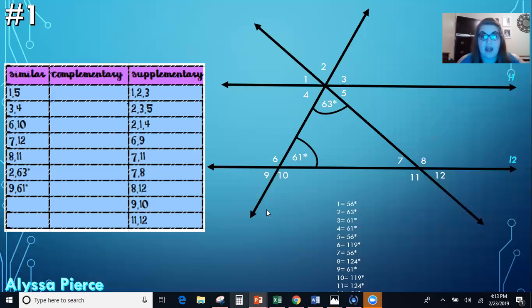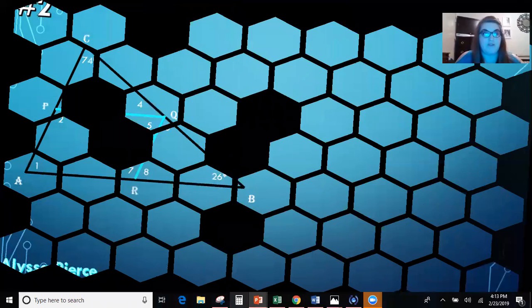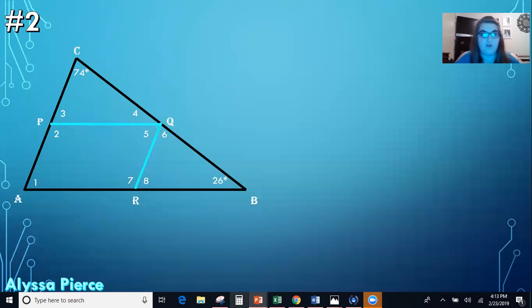6 and 9 add together to get 180. 7 and 11, 7 and 8, 8 and 12, 9 and 10, and 11 and 12. So let's not forget about supplementary angles, similar angles, and complementary angles because we're going to need those moving into problem number 2. So here in problem number 2, we are given this lovely triangle, which has like a rhombus